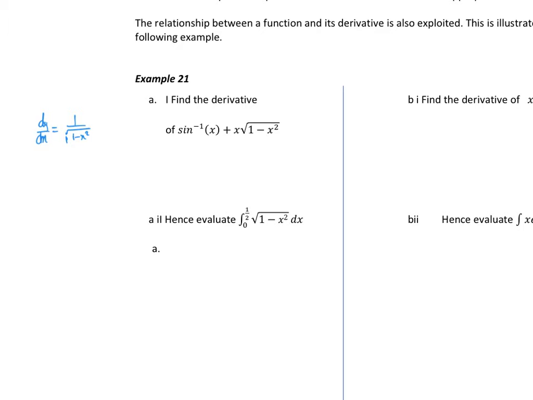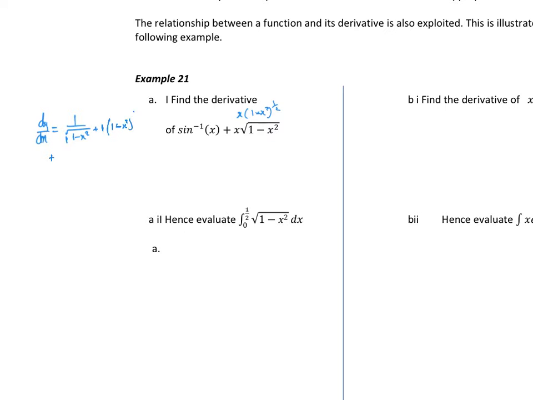Plus the derivative. So the derivative of the first, so let's write this as x times 1 minus x squared to the power of a half. Plus the derivative of the second expression. So it's the derivative of the first, which is 1. 1 times 1